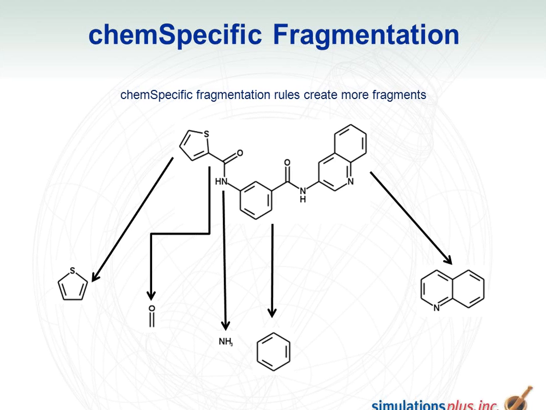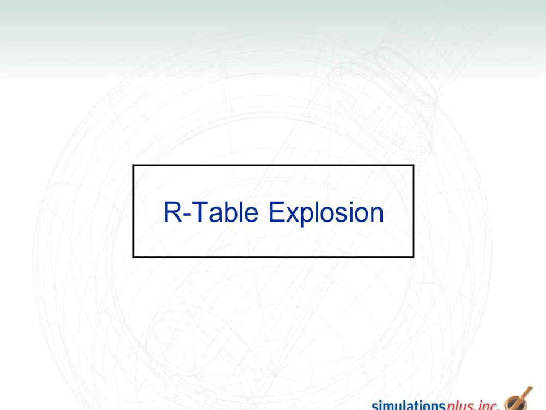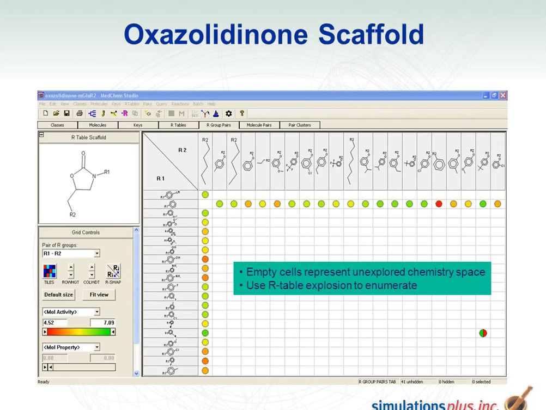Now returning to the slides, kind of talked about that already. So in the next section I'll briefly discuss R-table explosion. So this is a way to generate analogs of a set of molecules. So in this case we've taken an isoxazole core. Again, this is from mGlu R2 positive allosteric modulators, and we analyzed the data, came up with this scaffold, and then the R1s are listed as the rows, and the R2s are listed in the columns,